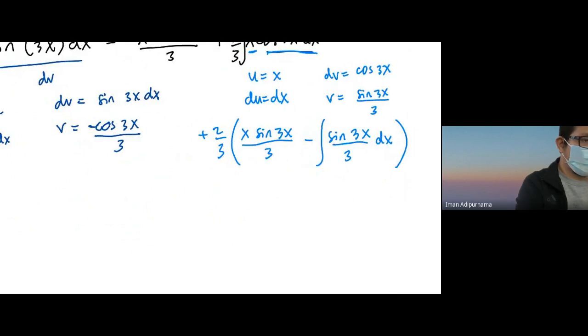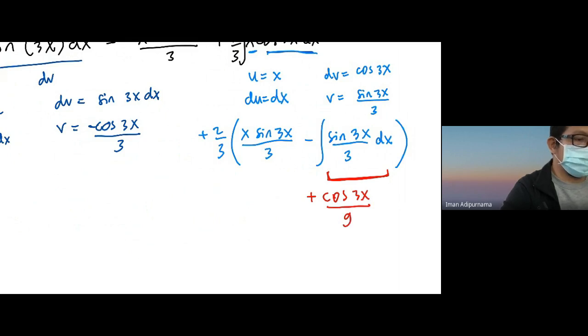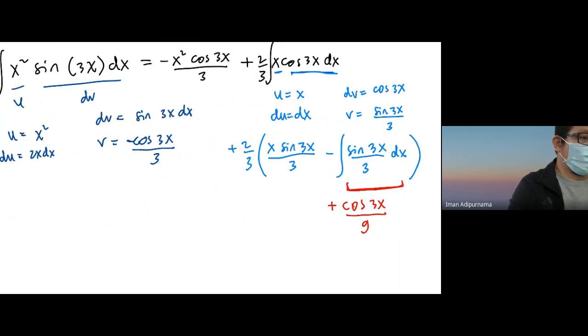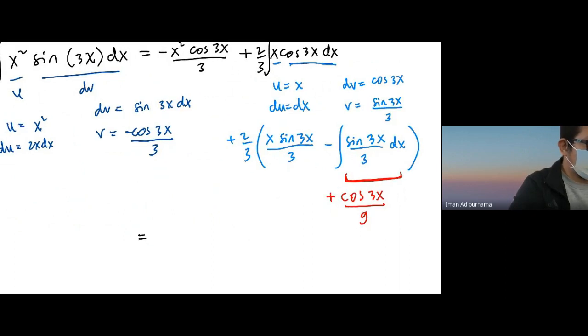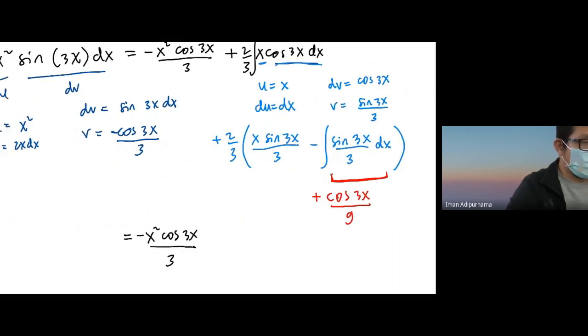So we can also finish this part, sine 3x over 3. The integral of sine becomes negative, so plus, right? Plus cos 3x divided by 9. So we need to multiply and then add all the values, and we will get this first term,